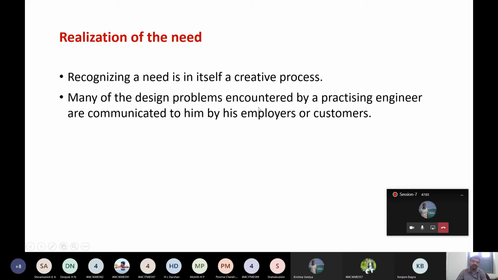Then you may think about starting your own company so that you can become the boss. Then again you have to go through this creative process. When you are at the management level, you have to think a lot. You must be able to make decisions, you must be able to generate innovative ideas. When you are working as a subordinate under someone, it is like routine work, mechanical in nature, rather than creative.